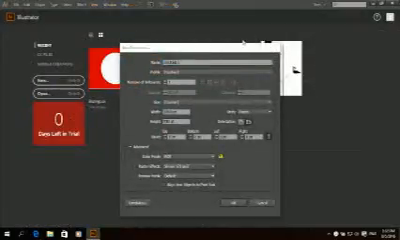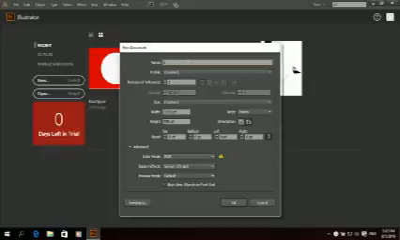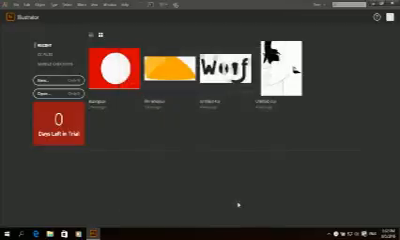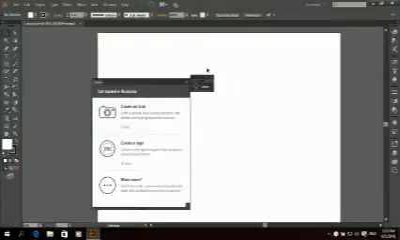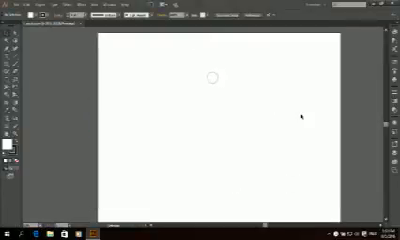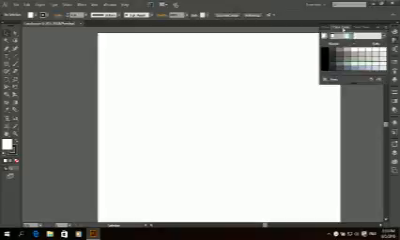Open up a new document entitled Landscape. The height and width don't really particularly matter, but these are the ones I've got it on. Make sure it's on RGB and screen colors and select OK. Here we have your artboard, and the first thing we're going to do is go into color and go to color